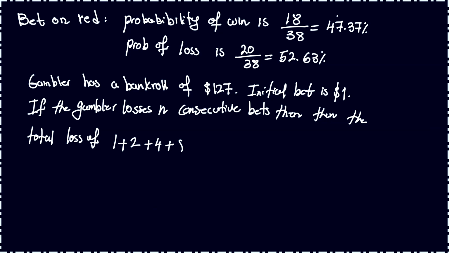So the next one is 8, which is a double of $4. And if the gambler is playing n games,